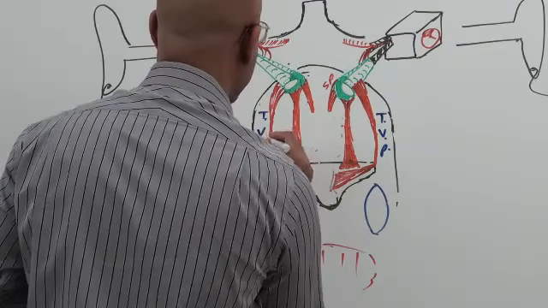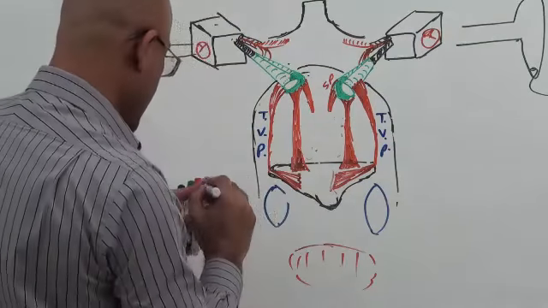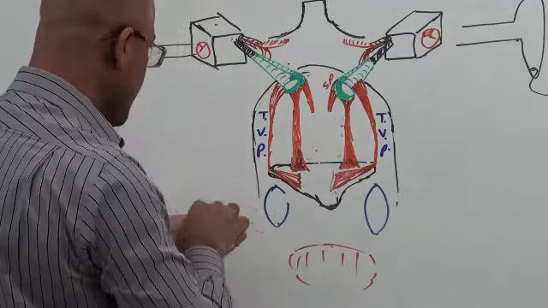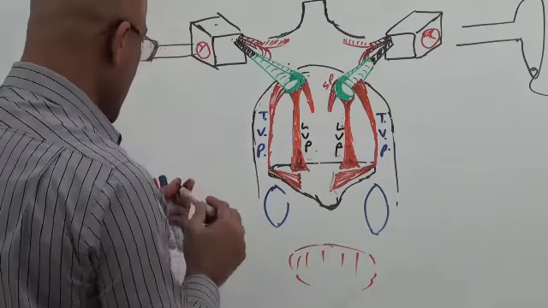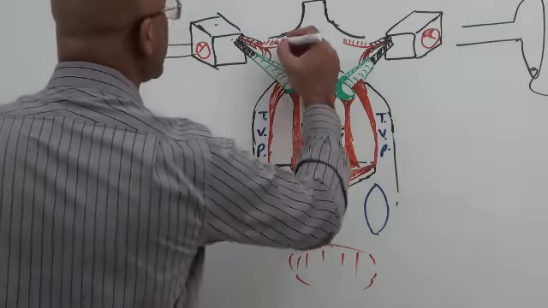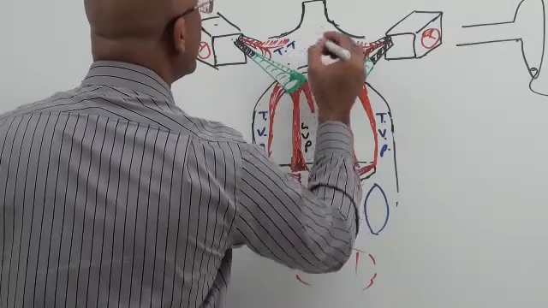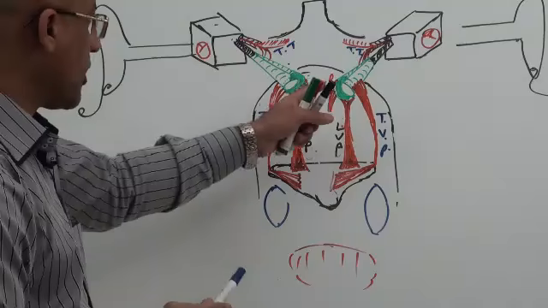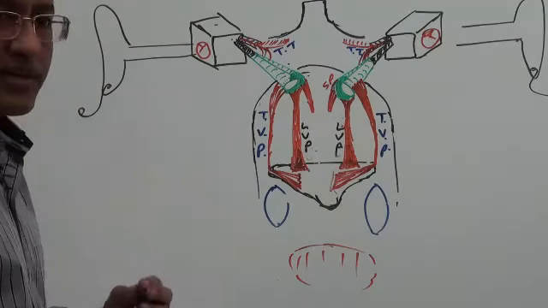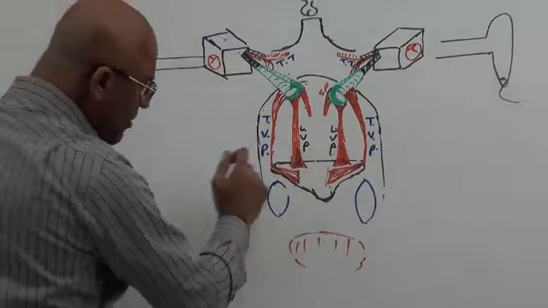Tensor veli palatini. And what was this muscle? Levator veli palatini. And there was one muscle here. What was this? Tensor tympani. These, and of course salpingopharyngeus here, right? Now, what I really want to tell you,